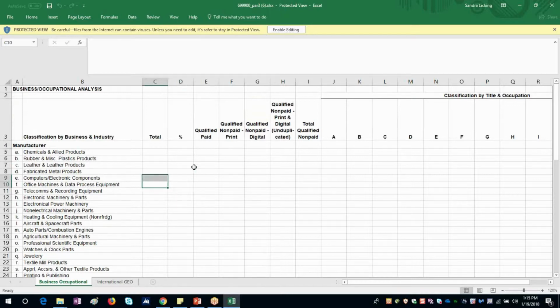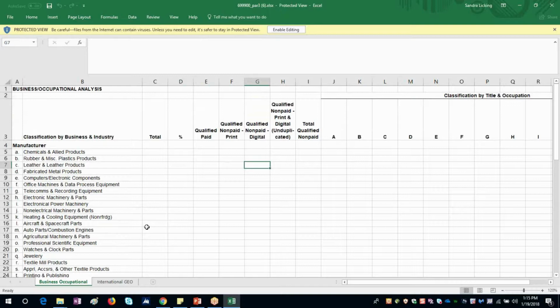So all you have to do is, again, enter in your information. Also, for those publications that have an international geo, and we're going to go over this in the geographic analysis section, it used to be in the past that you would have to submit that to us outside the filing tool. Now everything's going to be submitted through the filing tool.